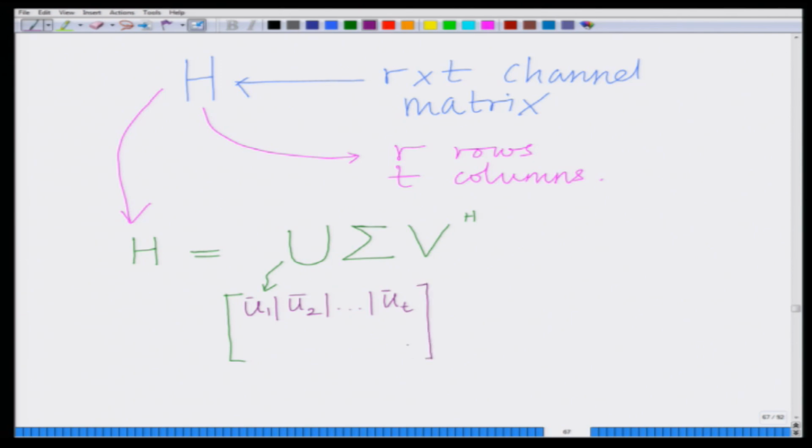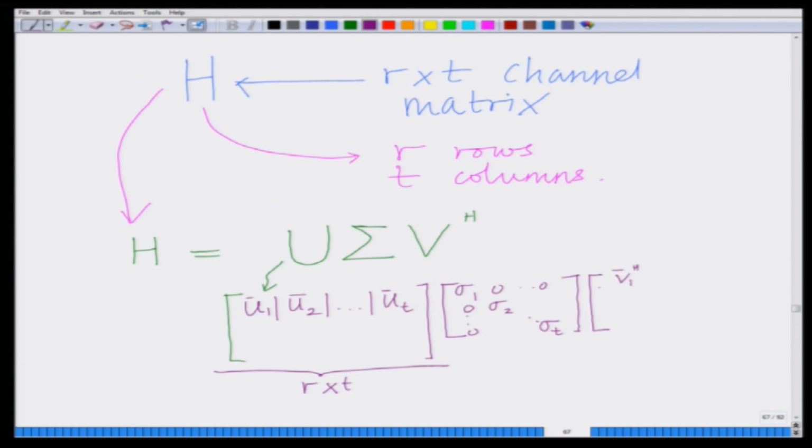So this is an R cross T matrix, multiplied by the matrix sigma, which is a diagonal matrix, also termed the diagonal matrix of the singular values, followed by the matrix V Hermitian, which contains the rows